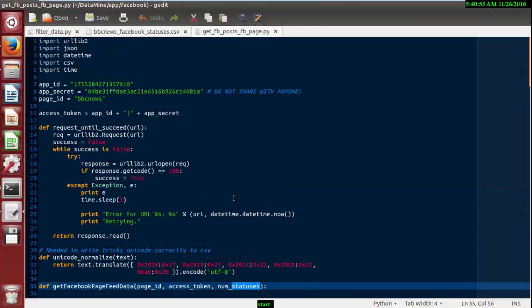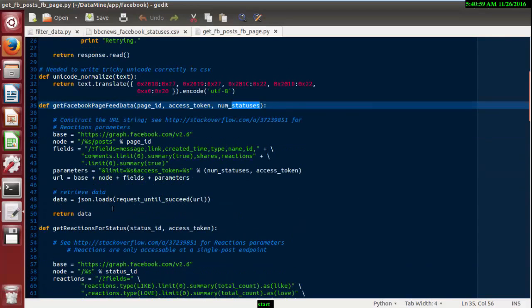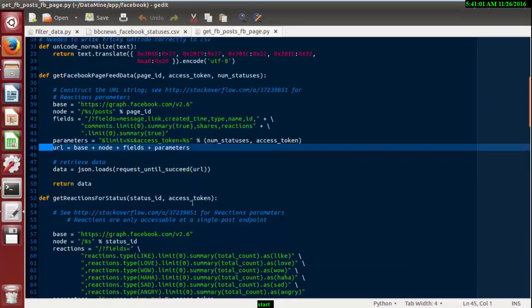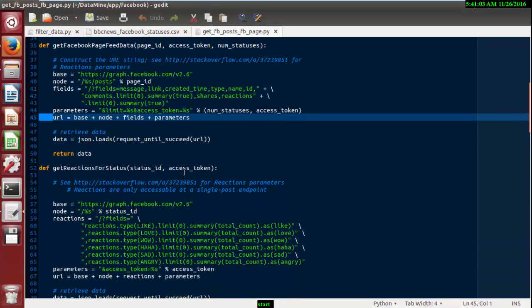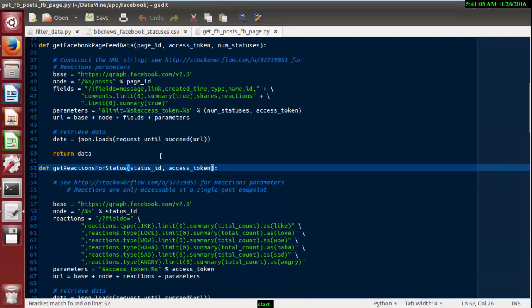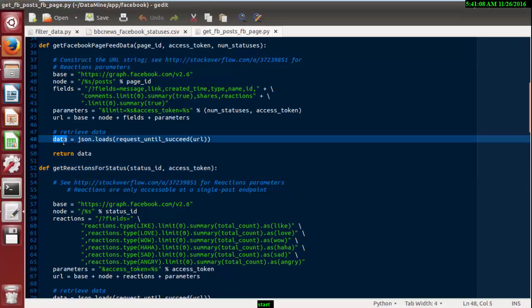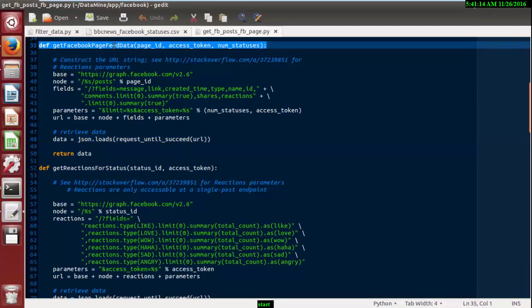And the num status, that I will discuss with you later on. With the help of the URL, your data is being retrieved and stored in the data variable. That's an array. So this function returns the retrieved data.